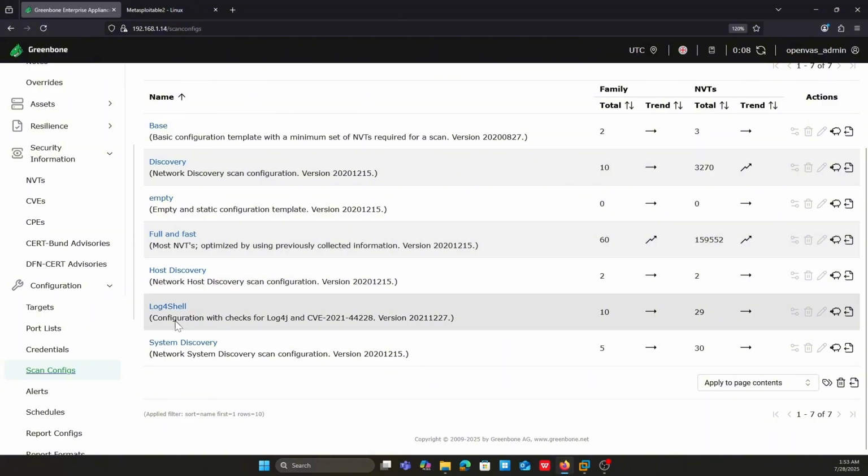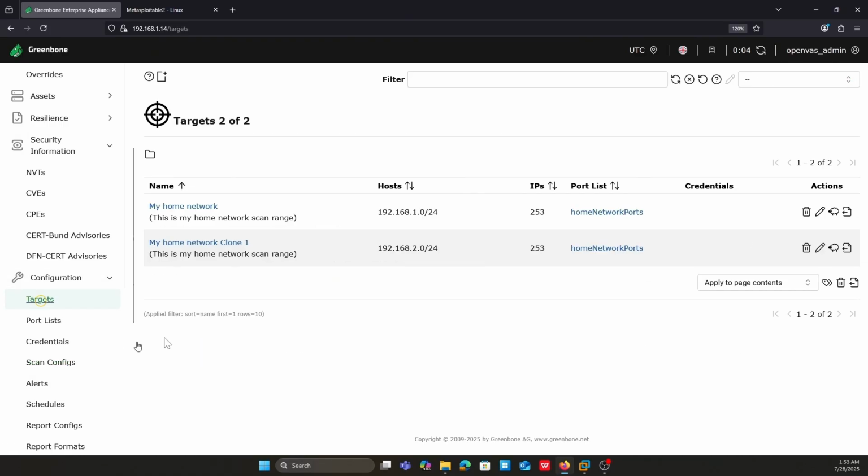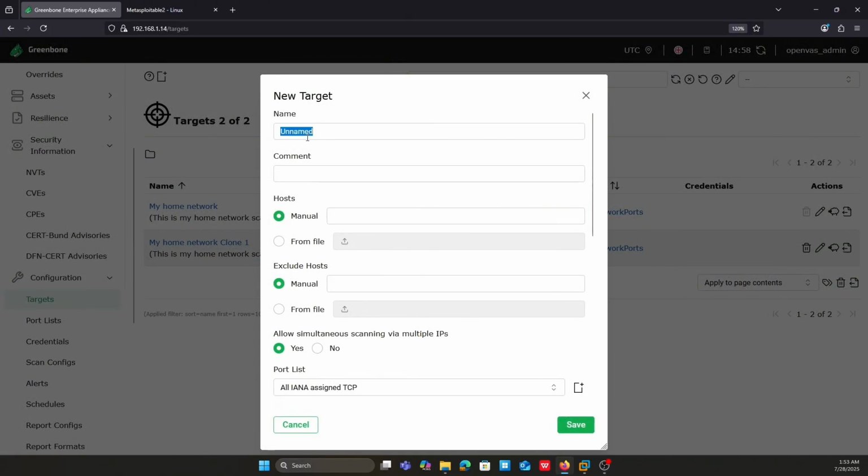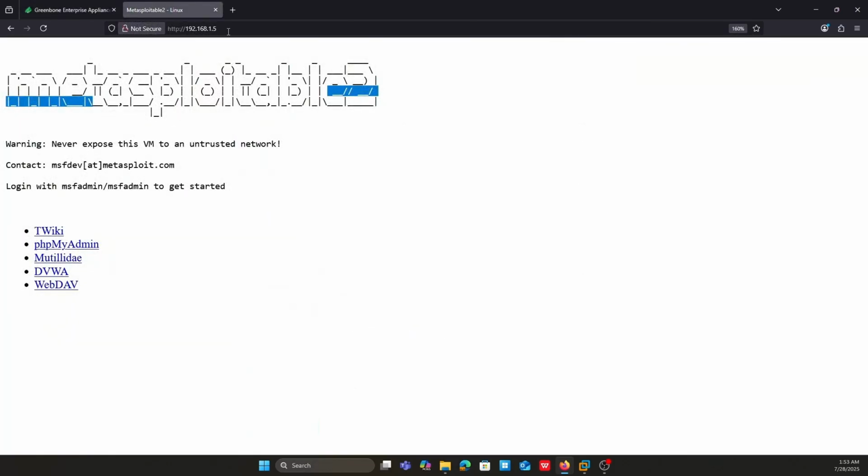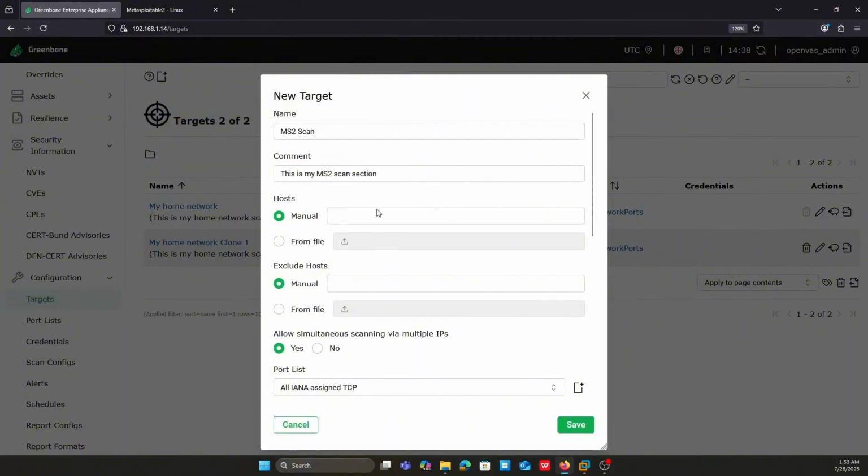So let's try to create the same. Now again, we want to go to the targets and let's create a new target with a name like MS2 scan. And write a comment that this is my Metasploitable 2 scan section. Now, which is the device that you want to scan? We know that it is 1.5. So I'm going to write